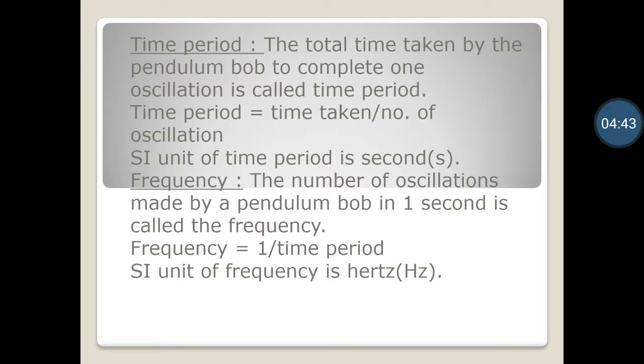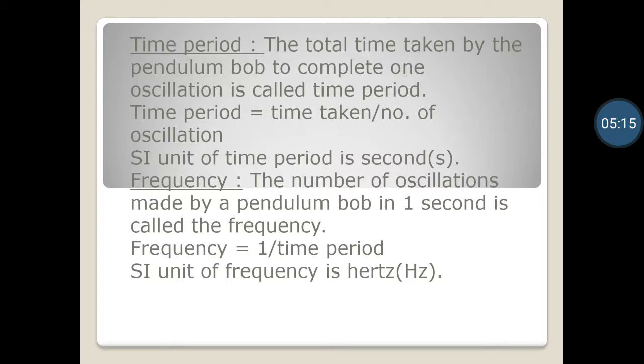Another formula: time period is equal to time taken by the bob divided by number of oscillations completed. The SI unit of time period is second. Next is frequency. The total number of oscillations made by the pendulum bob in 1 second is called the